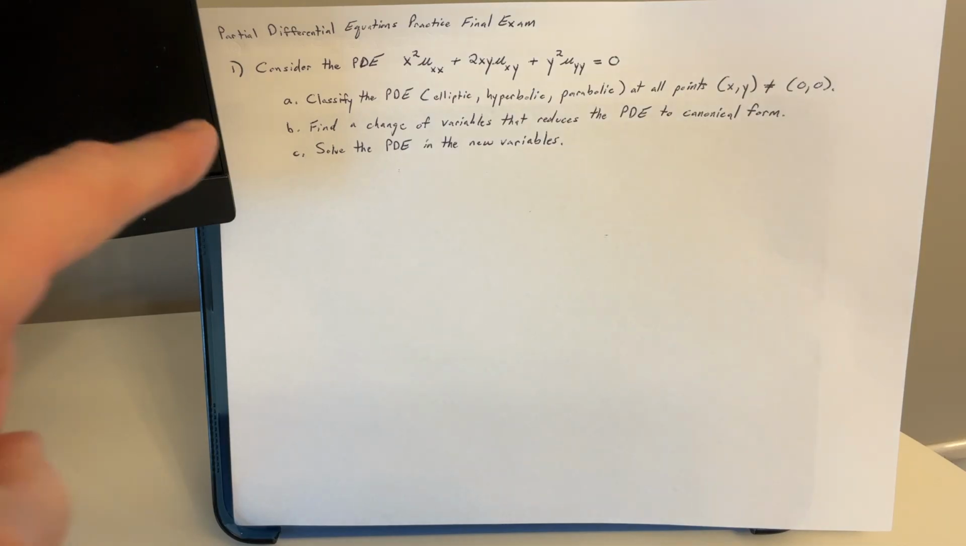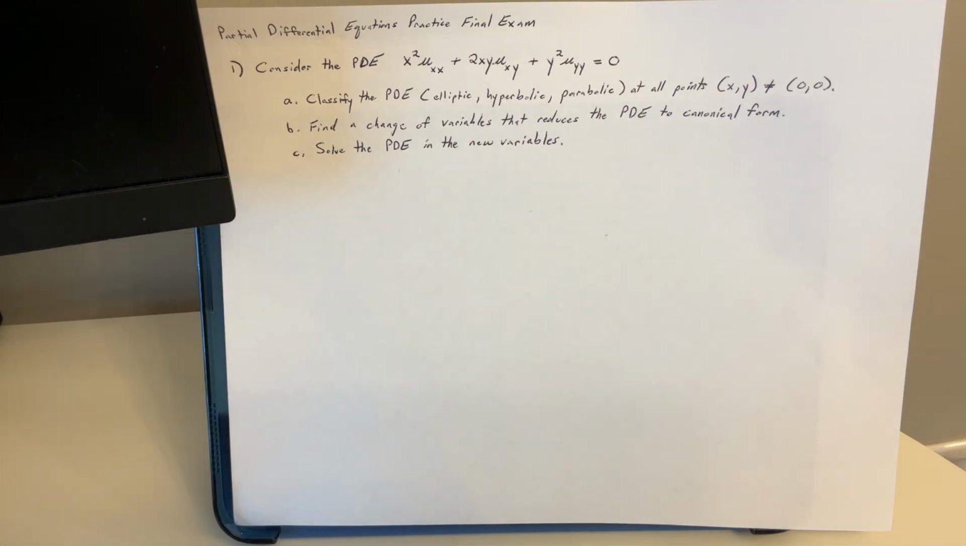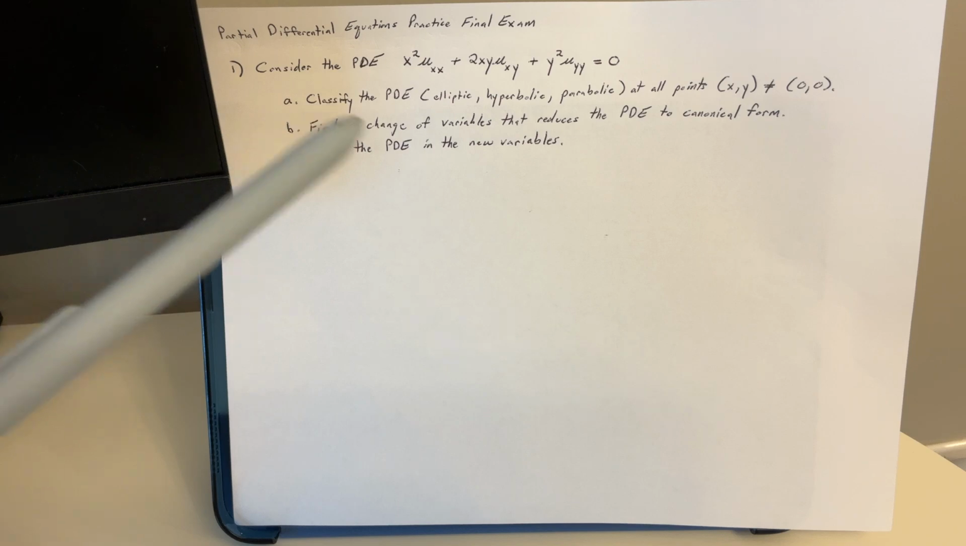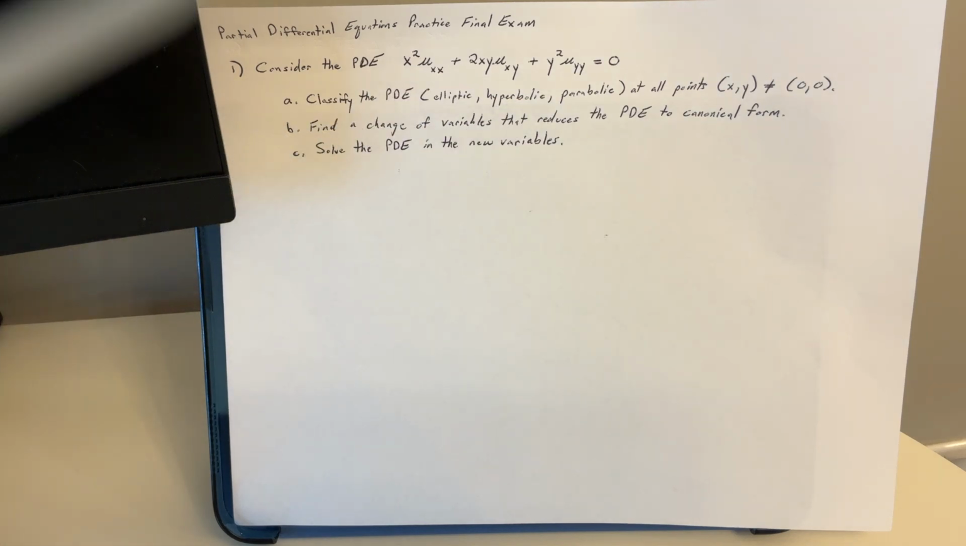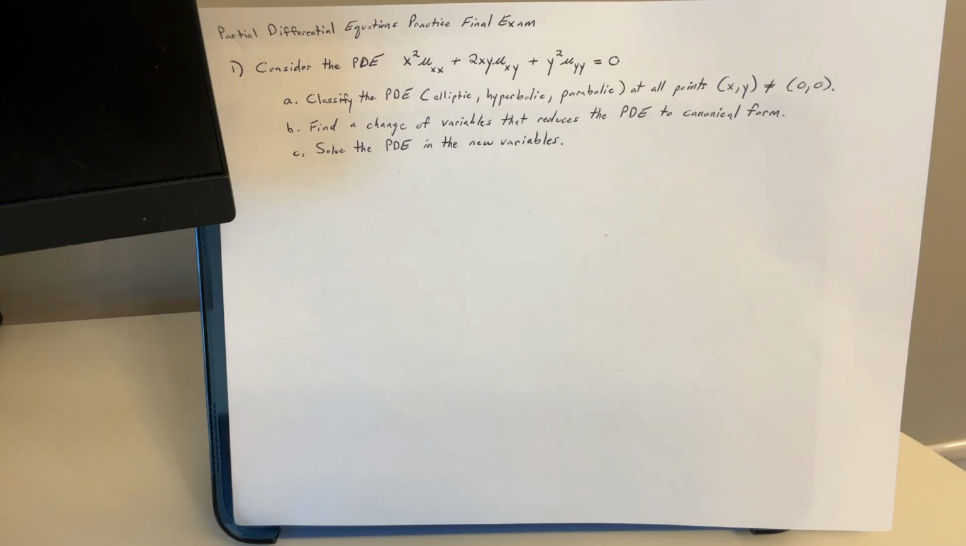So here we go. Number one, consider this PDE, partial differential equation, that we have here. We want to classify it, find change of variables that reduces the PDE to a canonical form, and solve the PDE in the new variable. So if you want to copy that or take a screenshot of it, just pause for a second and we'll jump right into it. So let's see, for this PDE,